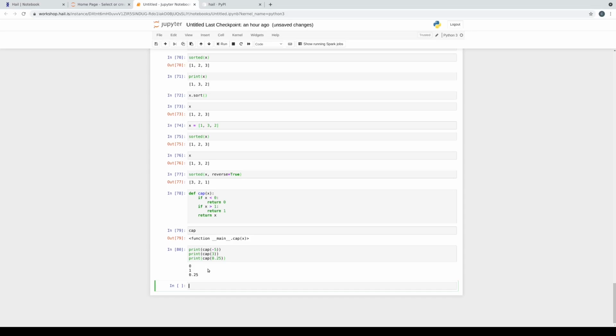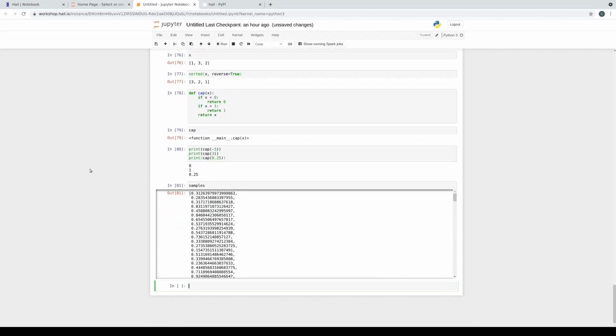Great. Let's define a couple other simple functions just to get some practice. So we generated this list of samples from the uniform distribution on 0, 1. So let's write a function that will take this list as an argument and compute its mean. Pretty straightforward statistical thing to do. And remember, we had the equation for the mean. It's going to be the sum of the elements divided by the number of elements. We can use the length function to get the number of elements. So we just need to compute the sum.